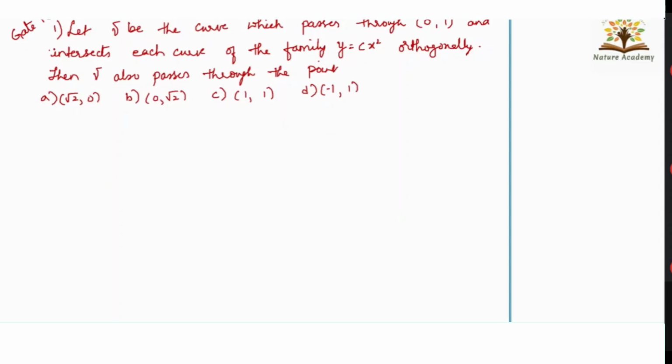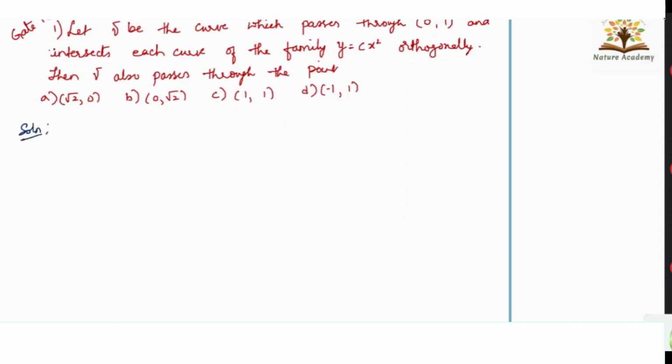Okay, so what they have given is one simple equation for a straight line. We can just see the equation and tell. Now what you have to do is find one point through which gamma passes. One point they have given, that is (0, 1). So gamma is passing through one more point, it seems. What is that point they are asking?